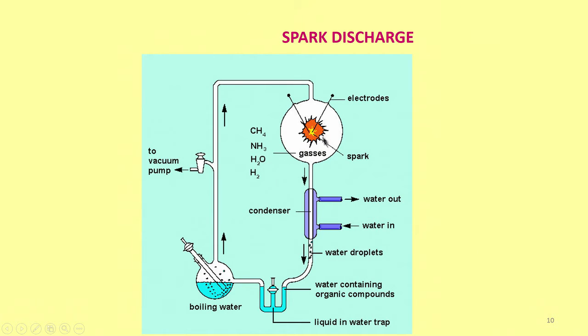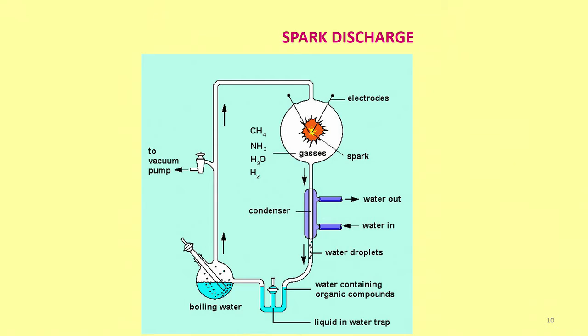So, all these things, when the spark strikes, are generated in the reactor. The white one is the reactor. These are all condensed; there is water in, there is water out, water droplets are taken off and the remaining organic compounds are here, and then there is a liquid water trap. All these things are passed through; electromagnetic radiation will pass through the bulb. You see that white bulb there, they will pass through the bulb.